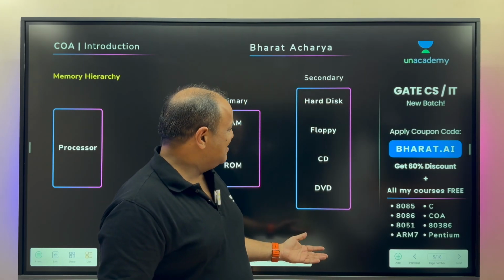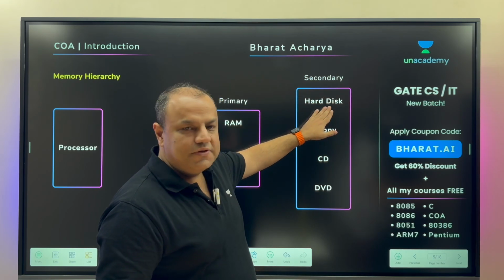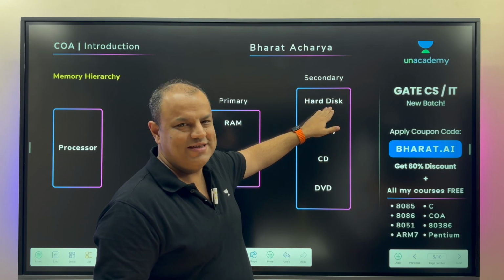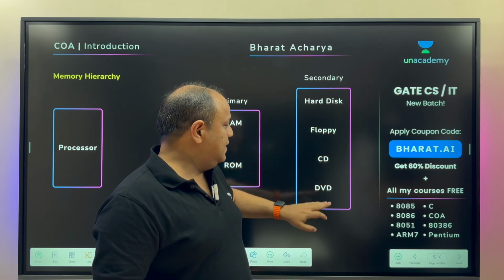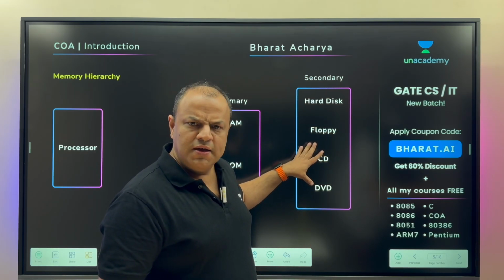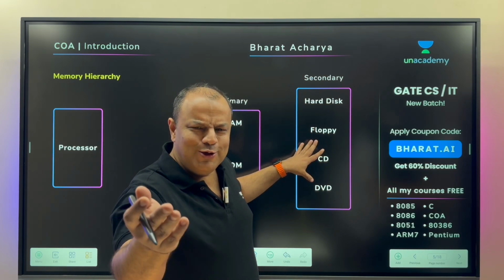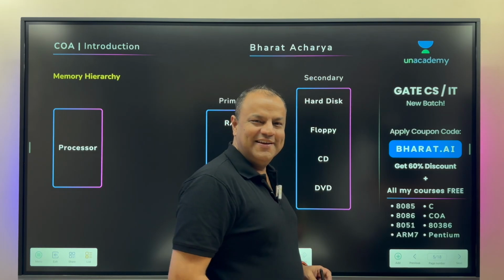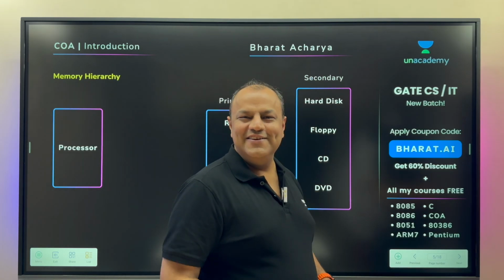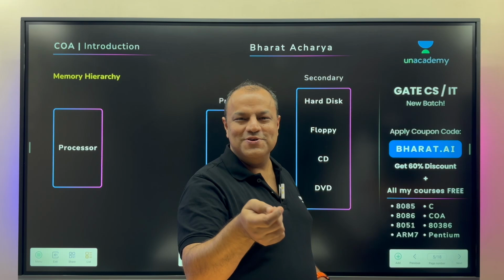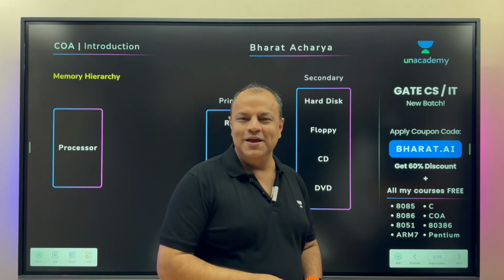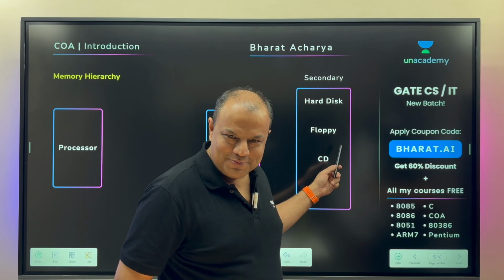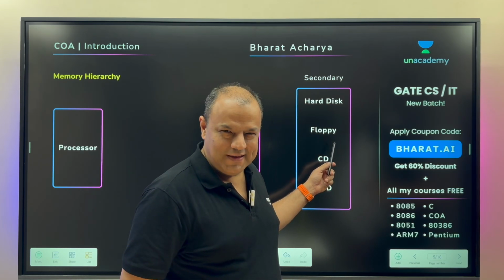So this is secondary memory. In secondary memory comes the most important device, that's the hard disk. That's where all your storage happens. Floppy, CD, DVD are for portability. Do we need portable memories? You tell me, I want a song from your computer. Should I take your computer home? Should I carry your hard disk home? No. You need some way by which you can transfer the song into a device and give it to me. Earlier, it was floppies. When I was in college, we used to carry floppies in our pocket. Yeah, that was the in thing at that time.